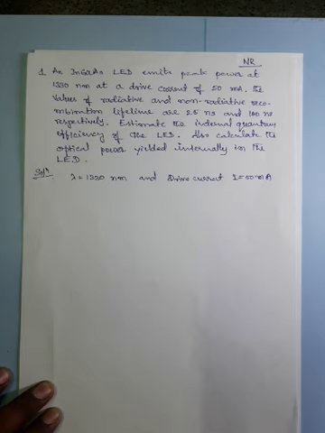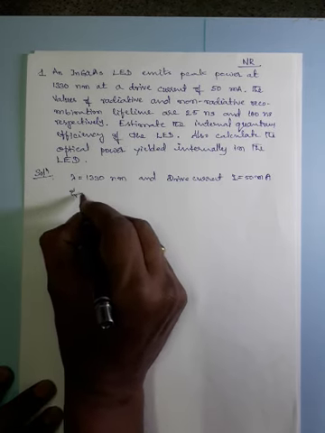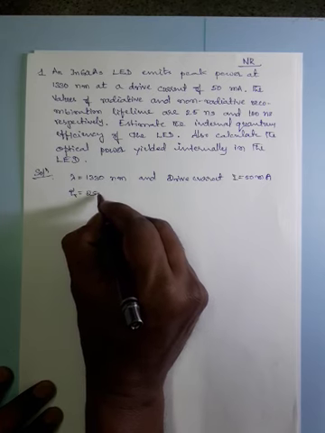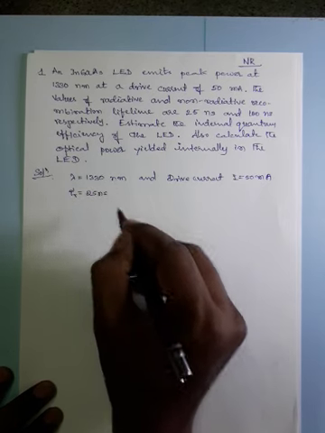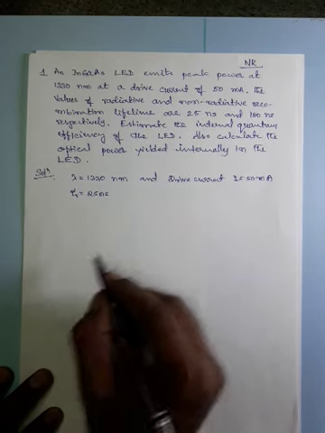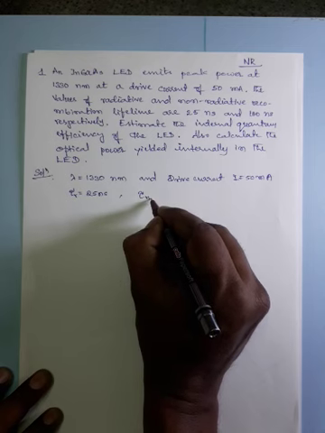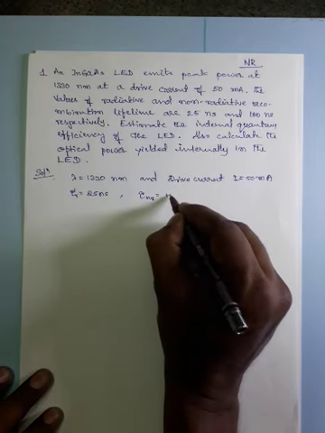And given the value of radiative recombination lifetime tau r is equal to 25 nanosecond and non-radiative recombination lifetime tau nr is equal to 100